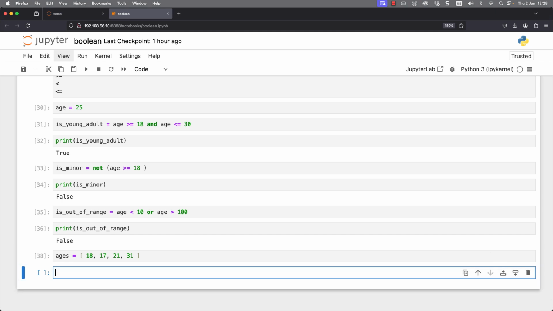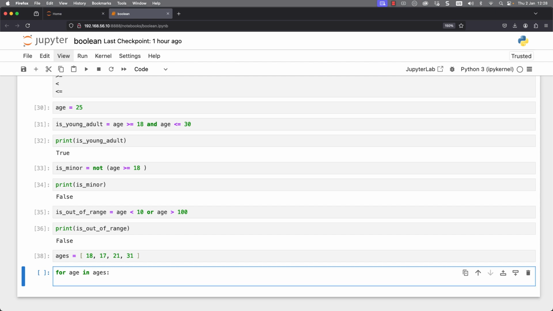With this done, we can process each one of our ages. So we can go through for age. So we're creating a temporary variable called age that we pick up from the list one item at a time. So first of all, we're going to process 18, then 17, then 21, and then 31. But we're going to print out, and then we can go through and open up our parentheses. We're going to use format printing, so we're going to have our F string, so we can include text and